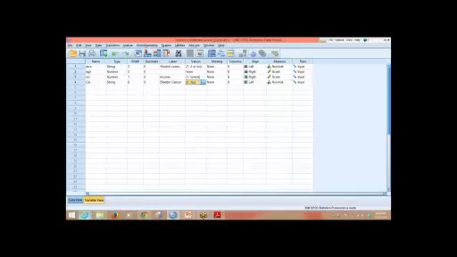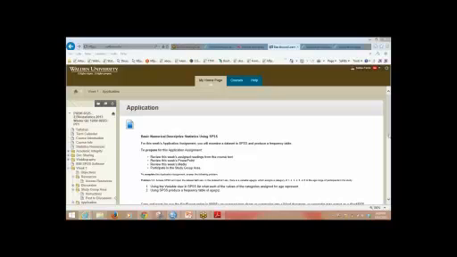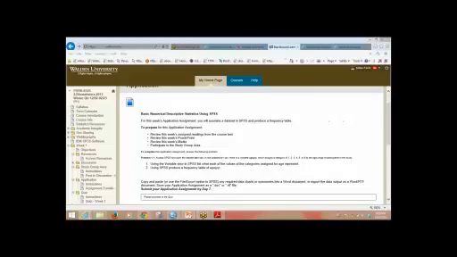Yeah, here we go. So your first application asks you, using the variable view in SPSS, list what each of the values of the categories assigned for age represent. The variable is actually age group. So when you're in SPSS, just click on variable view and go to values for age group.